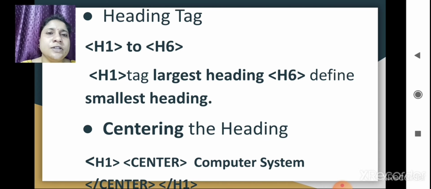Then you have to close the heading tag, so that your heading will come in the center. Yes, got it till this? What is the heading tag? Okay.